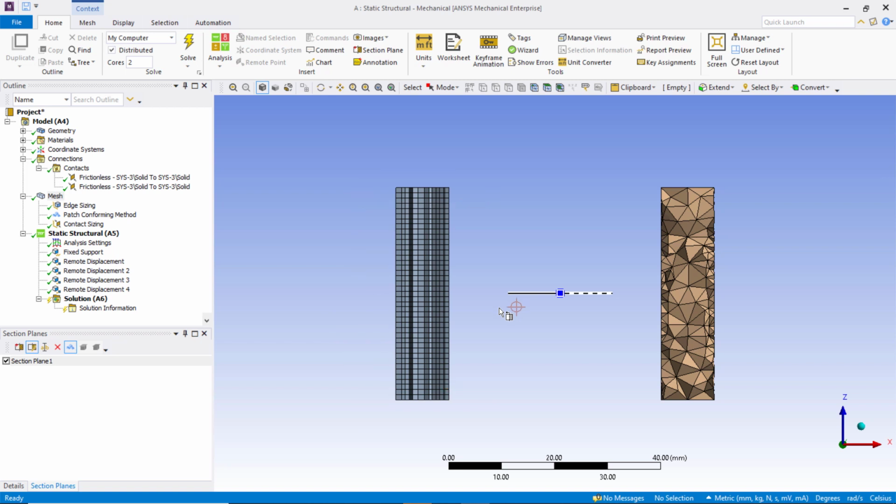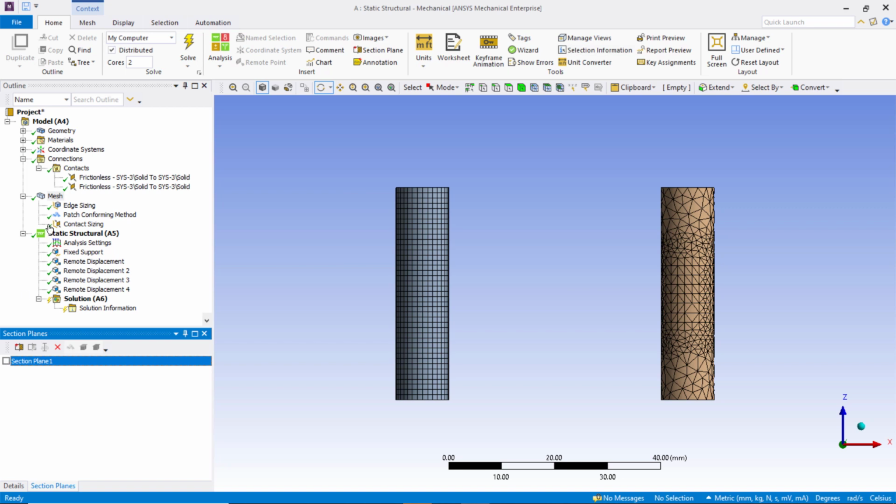For the second pin, when we look at the mesh variation in the axial direction, we see that the mesh is finer in the center of the pin. If we look at the variation in the radial direction, we see that the mesh on the top and bottom faces is uniform, but in the contact region, the mesh transitions smoothly from larger elements in the center of the pin to smaller elements closer to the contact surface. Thus, we can see that tetrahedral meshes can transition more easily from a coarser mesh to a finer mesh.